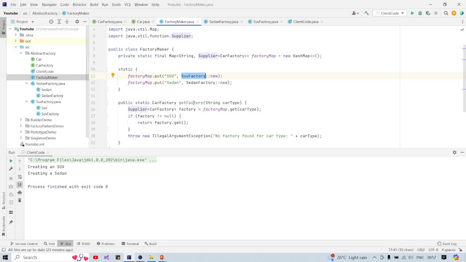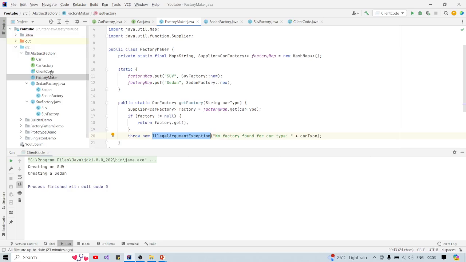Also, we have a get factory method. This method takes a car type as a parameter and returns the corresponding factory by retrieving the supplier from the map and invoking its get method. Here we can see if the car type is not found, then we simply throw an illegal argument exception.